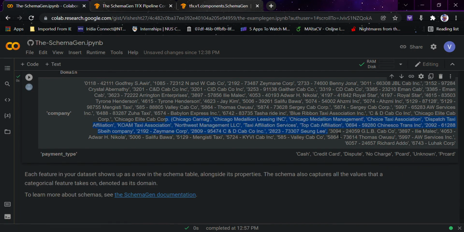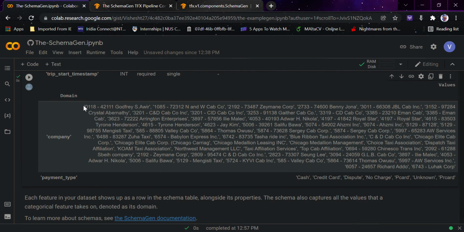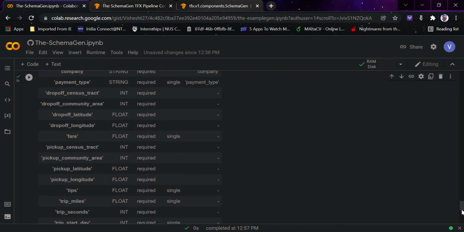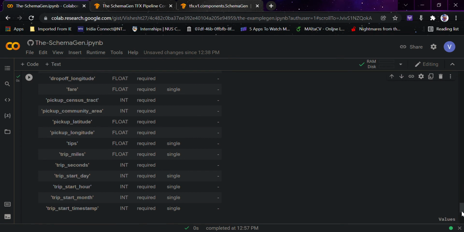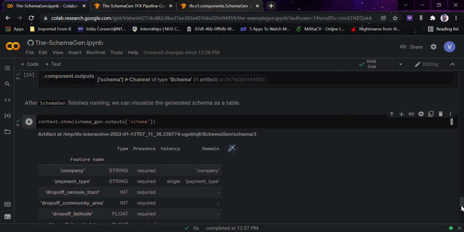You can see almost all of your data is present, specifically when you talk about company domains. Inside the company part, you can see all the companies that are present, and all the payment types that are present. Obviously these are built-in domains, so you might wonder why others are not shown. That's not a problem, but the thing is the presence is required. That is a very telling thing, because you can see that the data is actually important. This particular feature is important for our part, and it checks and does all of that.